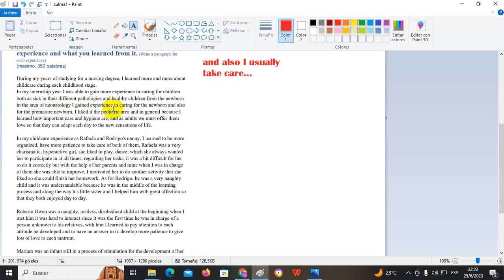I gained experience in caring for the newborn and also for the premature newborn. I liked the pediatric area, and in general because I learned how important care and hygiene are. And as adults, we must offer them love so that they can adapt each day to the new sensations of